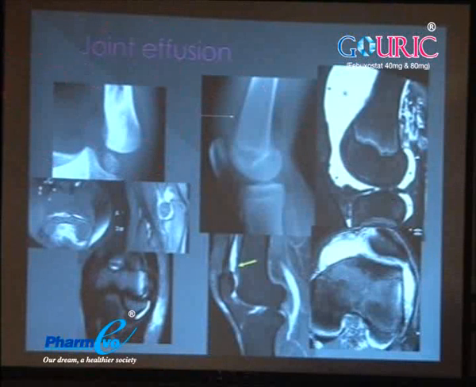Effusions. You all are used to looking at effusions on the x-rays, where you can see an anterior fat pad which is pushed forward called the sail sign, and the posterior fat pad has become visible here. This is because of the effusion lying over here. And on the MR, that right thing is the effusion around the